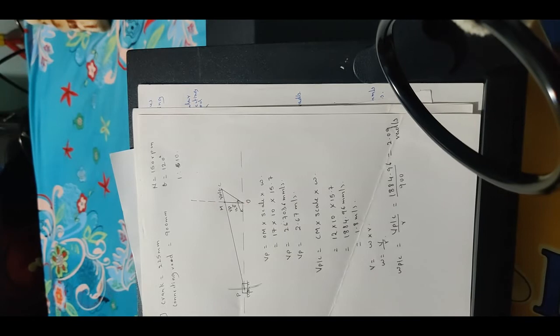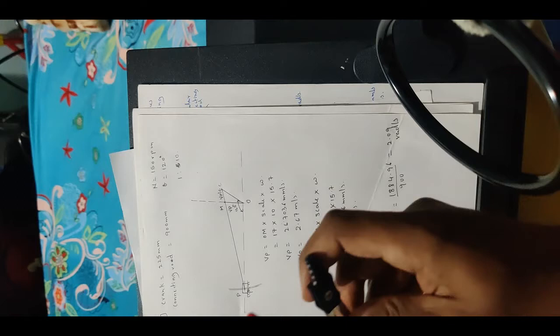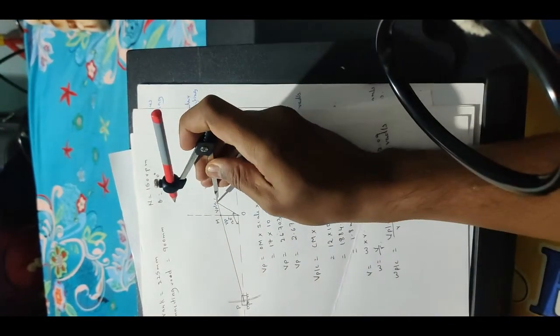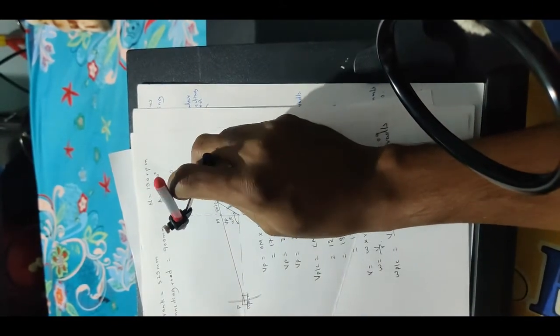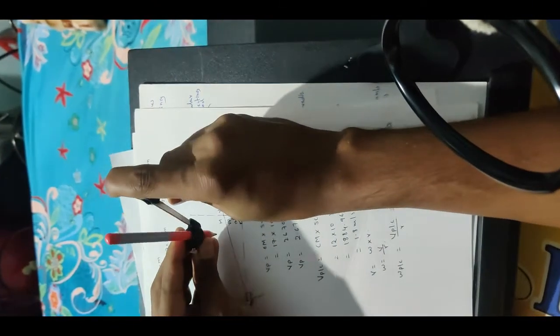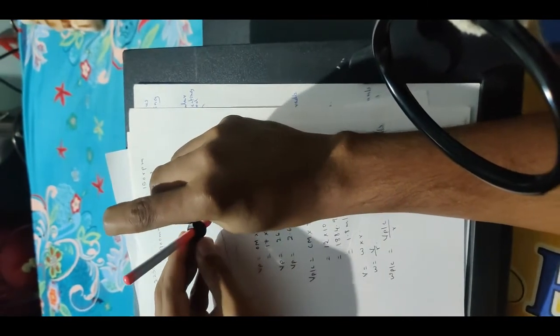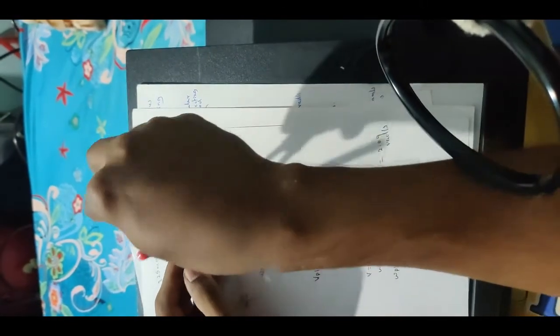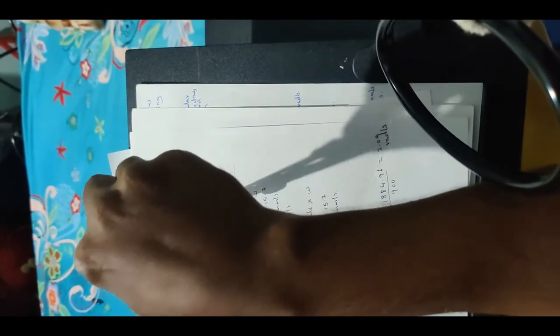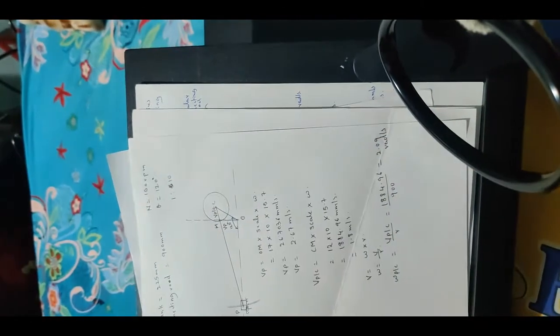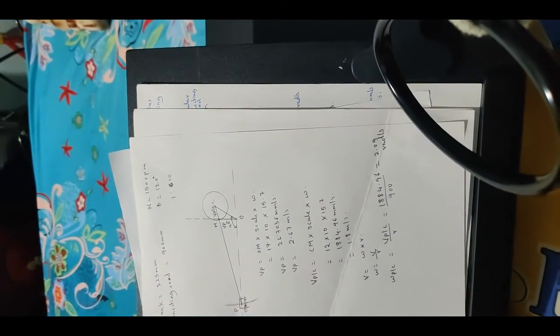Okay, so next we'll be constructing the acceleration diagram. How to construct an acceleration diagram? In the previous problem we have seen, we have to draw two circles here. Point C will be the center for one circle. What will be the radius? The radius will be the distance CM. So you have to draw a circle from here. I'm just drawing this circle here.